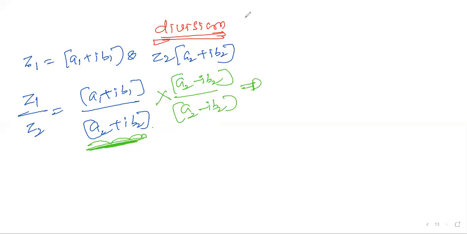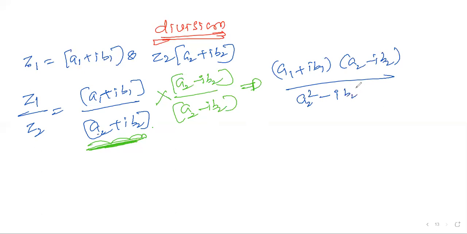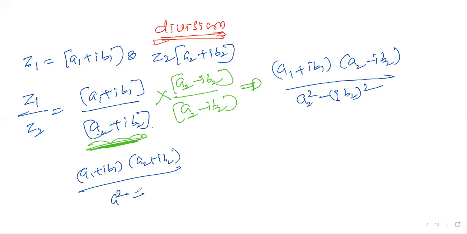So next step, you should multiply both top and bottom. A1 plus iB1 into A2 minus iB2. Procedure I am telling. Next, what will we get in the denominator? A plus iB into A minus iB is A square minus B square, so A2 square minus i B2 whole square. Next, you will get i square here. So I'll write the top once again as A1 plus iB1; I don't want to multiply the top because both terms are different, and I don't want to waste your time. For understanding, the denominator will be A2 square plus B2 square, because i square is minus 1, and minus 1 into minus 1 gives plus 1. So this is what you got. Am I clear?